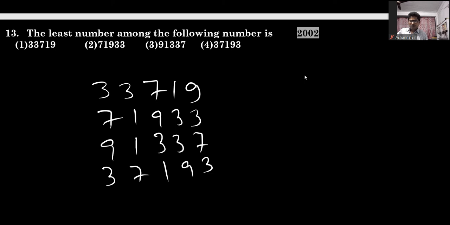So to find the least number in this, these are in competition, 3. Then that's why we have to compare these digits. So this is the smallest. So the first one is the smallest, option 1.